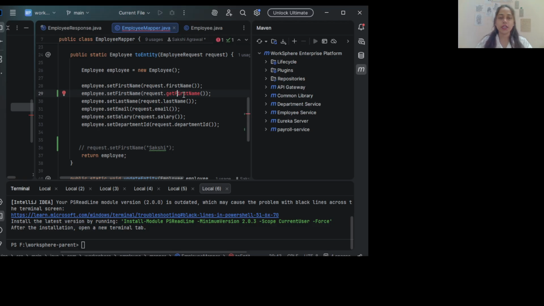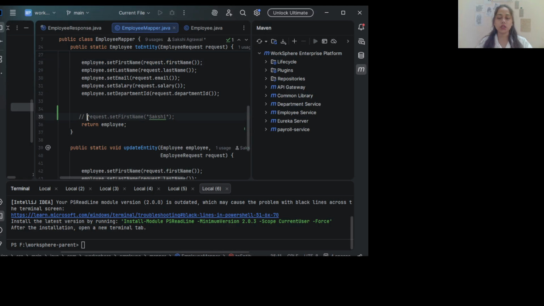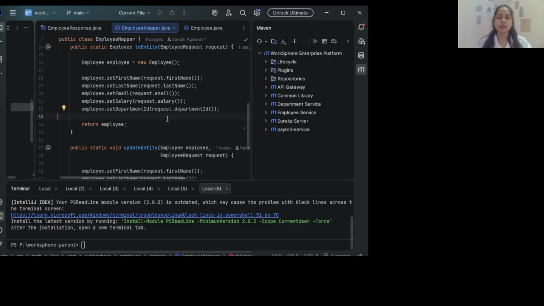you can see we are getting an error: no candidate found for the method called request.getName. This is because we are getting a compile time error, as it is a record class and we cannot access it by a getter method. We can access it by just calling the field name. Similarly, if we use the same record class to set a value, we get the error again: no candidate found for the method called request.setFirstName. So that means setters are also not allowed. We cannot modify records. By this we can conclude that records are immutable.